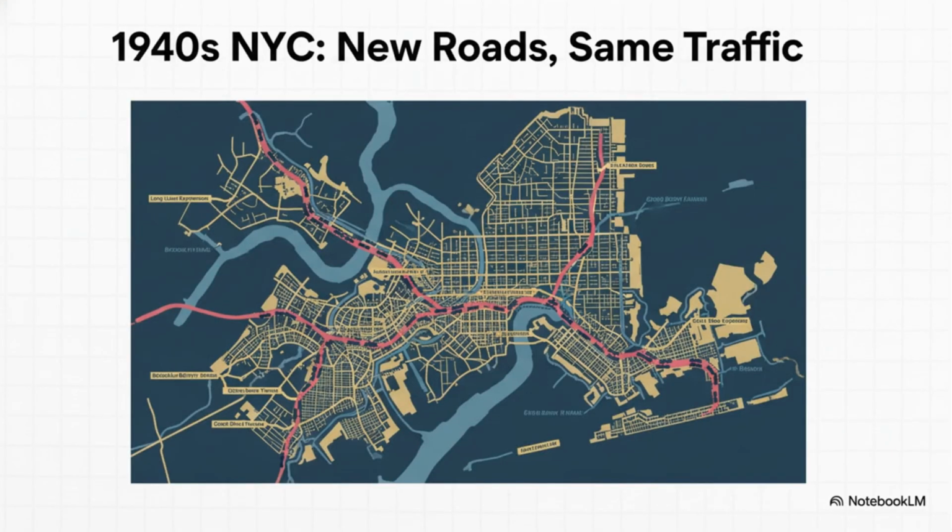Now, what's fascinating is that this isn't some new thing we've just discovered. Planners back in the 1930s and 40s saw the exact same pattern with Robert Moses's huge projects in New York. Every single time he'd build a massive new bridge or a parkway to try and ease traffic, it would fill up almost immediately, and it did nothing to relieve the old routes.